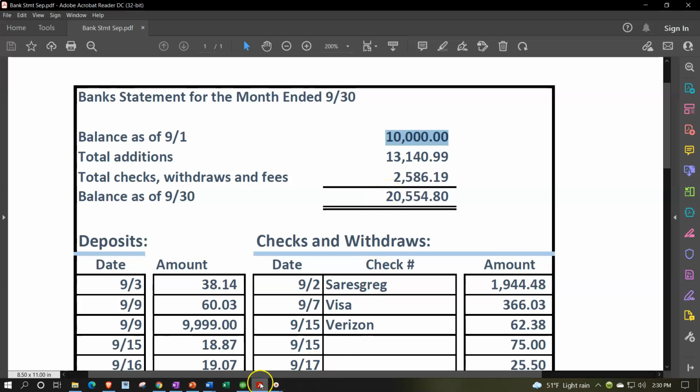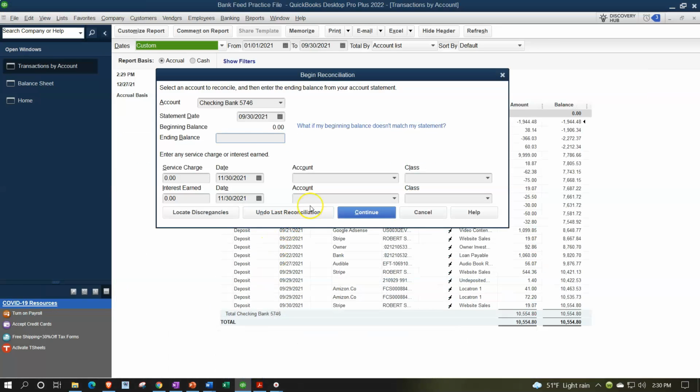20,554.80. And then we're not generally going to need any service charges or interest if we're taking our information from the bank feeds